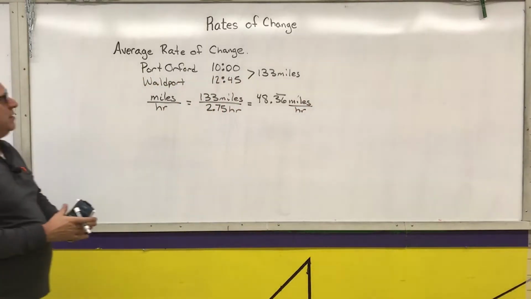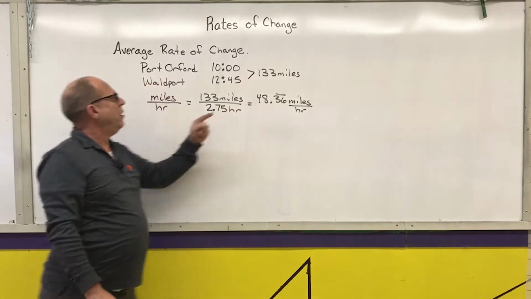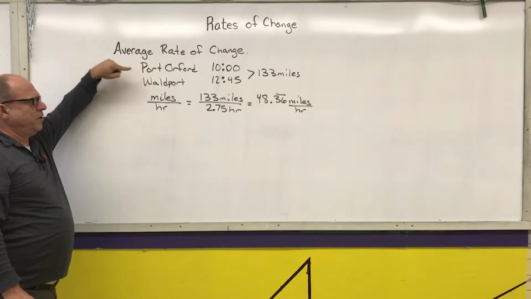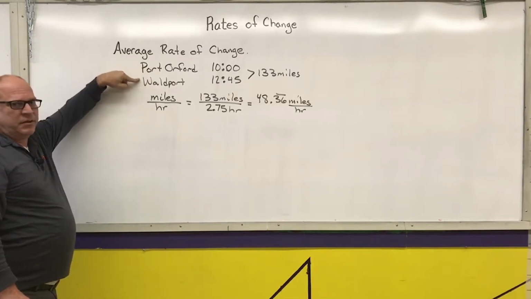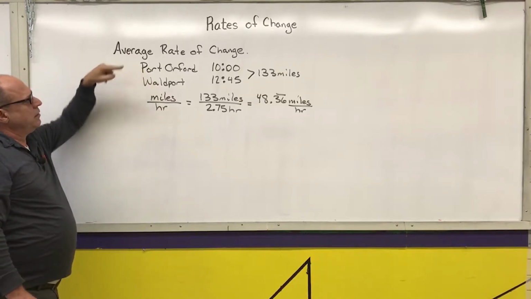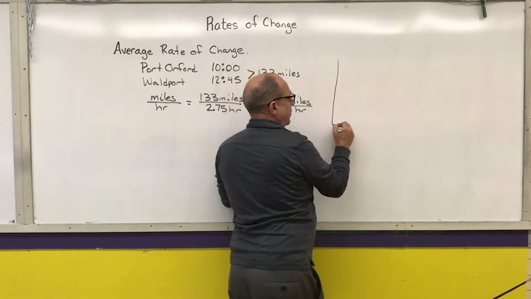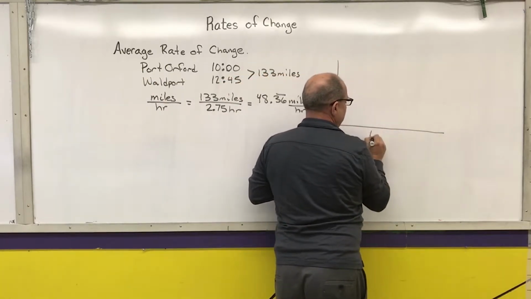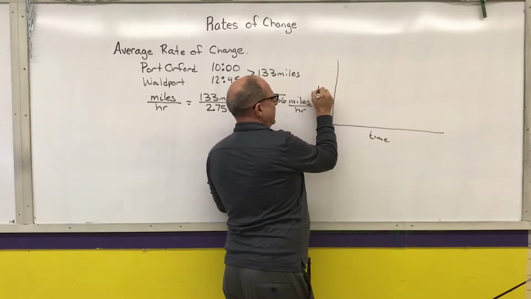Now, what this doesn't tell me is that I was doing 48.36 miles per hour all the way from the time I left Port Orford until I got to Waldport. Because between Port Orford and Langlois, I was probably doing 55, then I slowed down to 40 in Langlois. So if we look at the graph of time versus distance traveled,